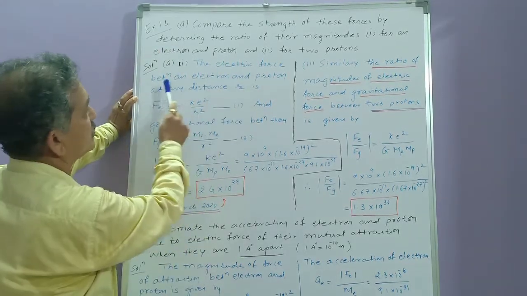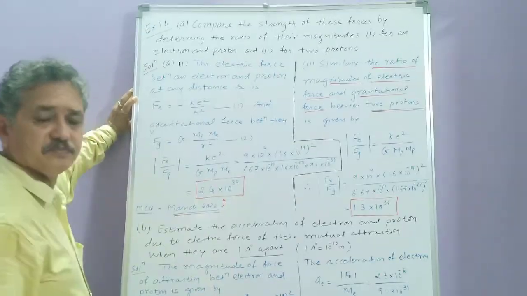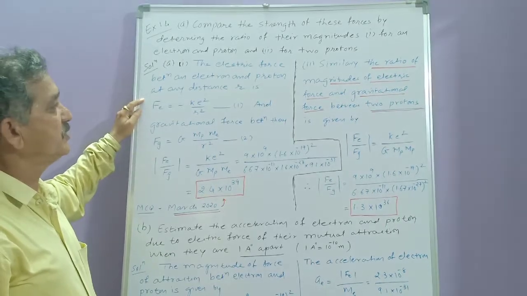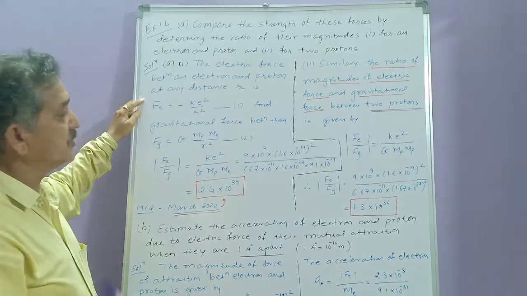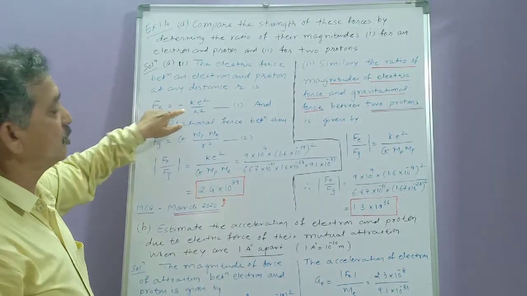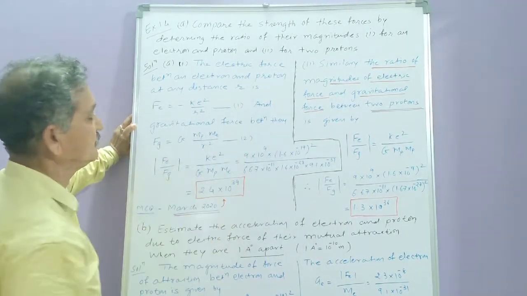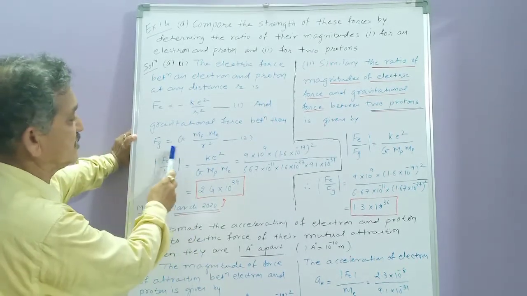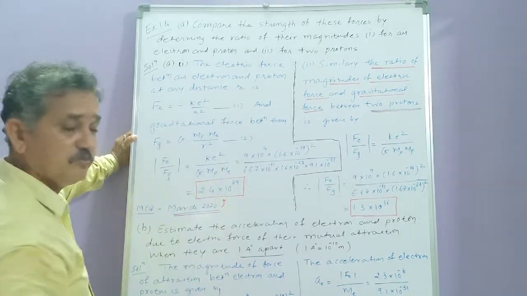The electric force between electron and proton at any distance r. As proton and electron are opposite charges, it is an attractive force. One having positive charge, another having negative charge, that's why the negative sign comes here. And Fe is equal to what? Minus k e square upon r square. It is equation 1. But the gravitational force due to their masses is Fg equal to G mp me upon r square. It is equation number 2.